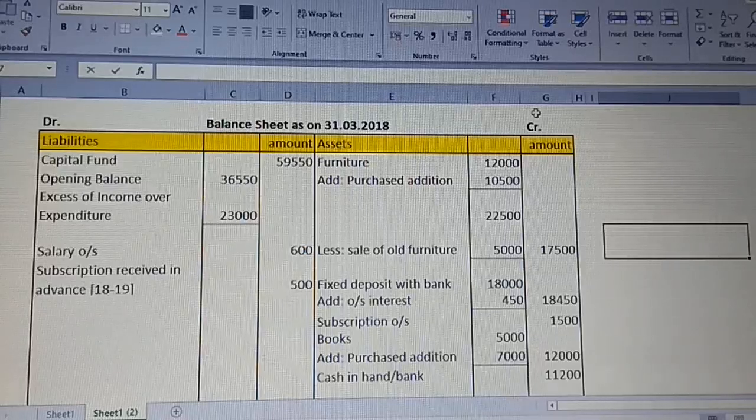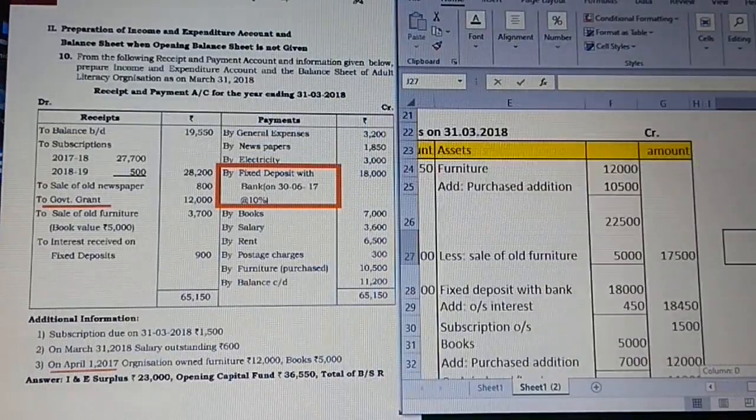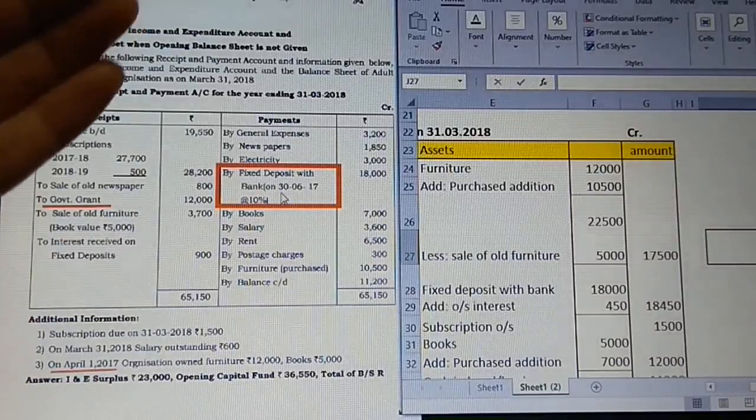Now coming to the balance sheet, I've just prepared it. So let me guide you through it. I guess the balance sheet is very simple and easy. So, as commonly, moving on to the credit side, the first step is always the asset side. I've taken it up as per the question. Now we don't have an opening balance sheet to copy and paste, so I've just made it in order.